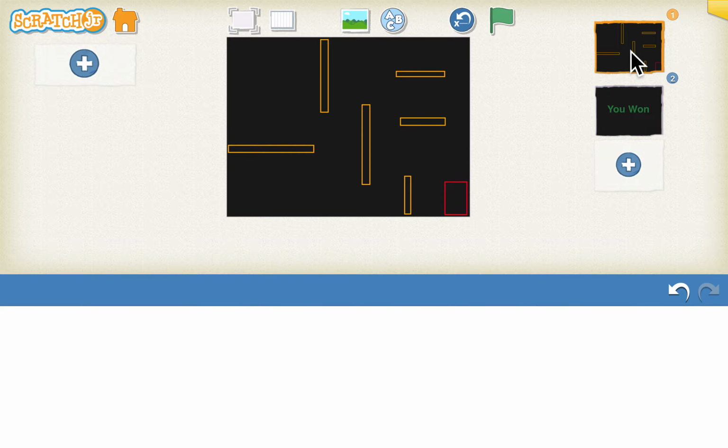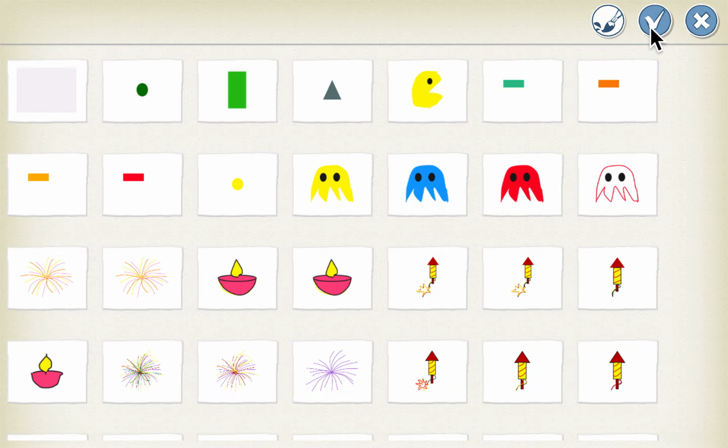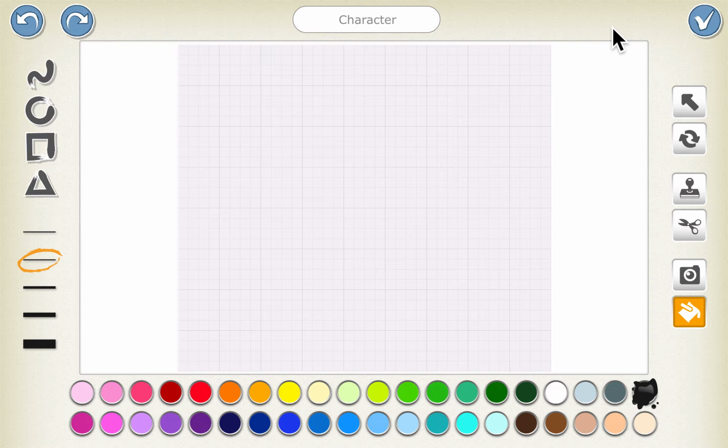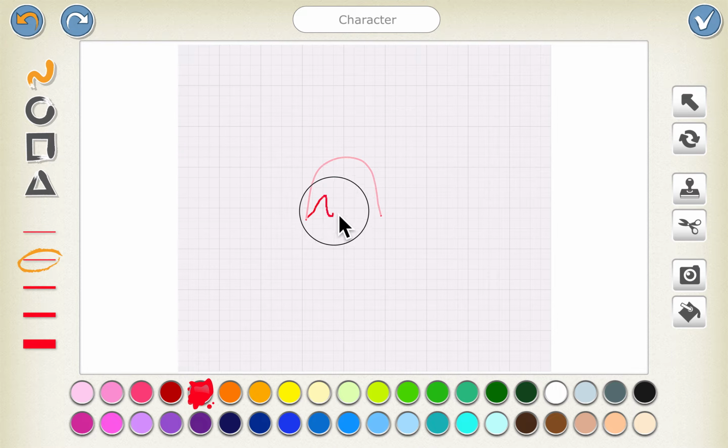Now we have to paint our sprites. We can click on the plus sign and we can start by painting the ghost. I will click on the paintbrush. For that you have to click on the free flow and then choose red color. Just make the top of the ghost and the zigzag bottom.